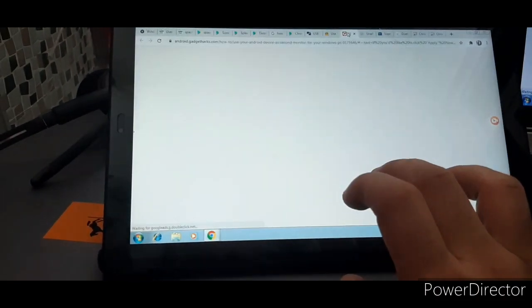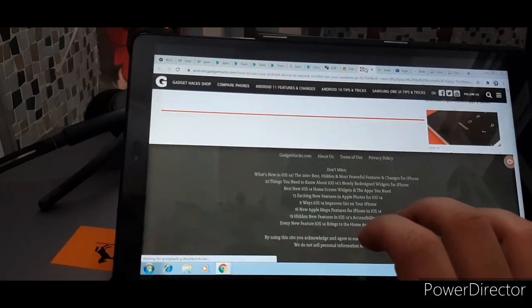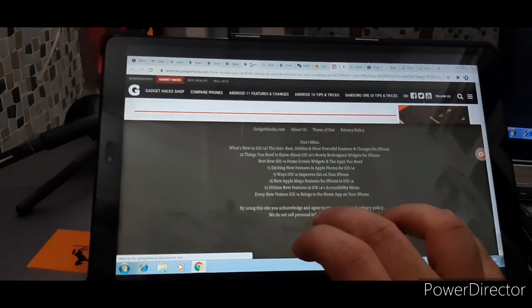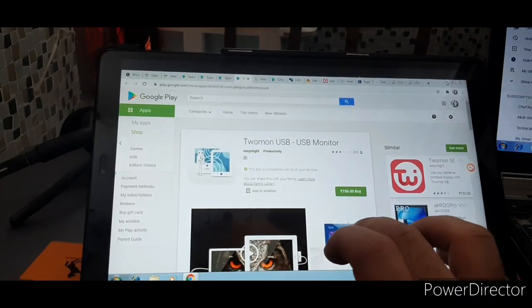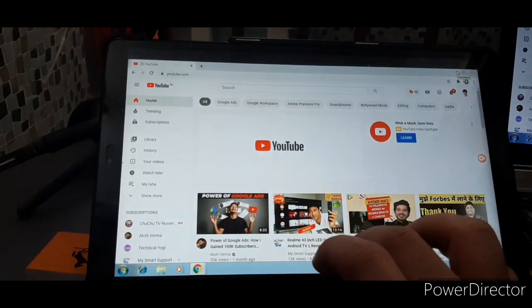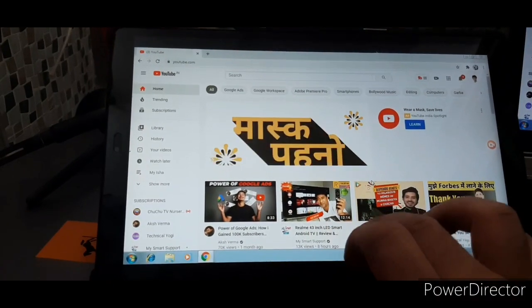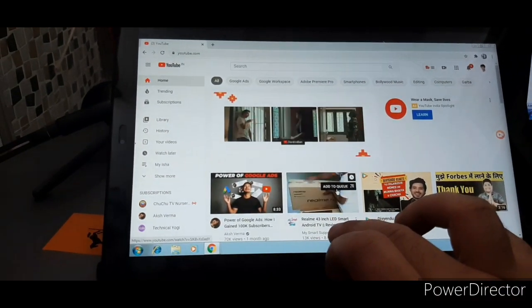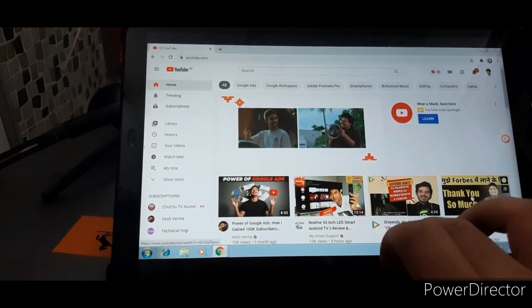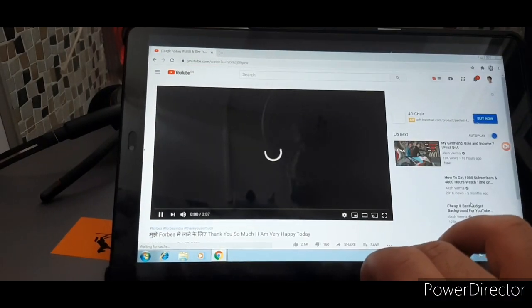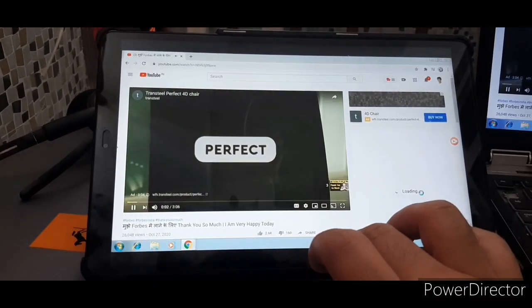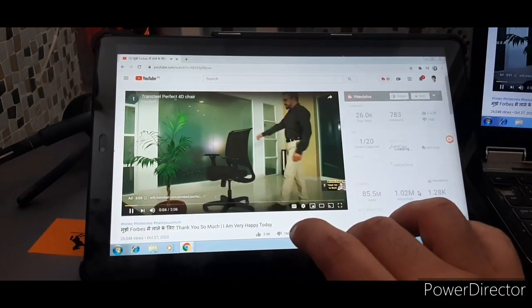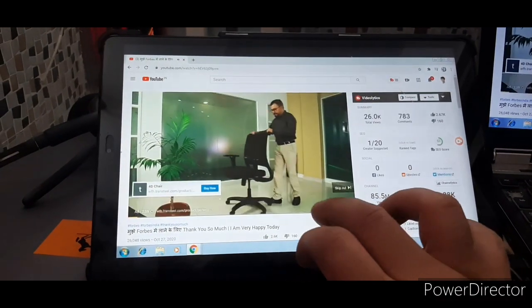I can even open a new tab, and I can do whatever I want. If I want to minimize this, I can minimize it. I went to YouTube, and if I want to open any video, I can click on that video. Basically I am operating my system from here, and that is the good part.